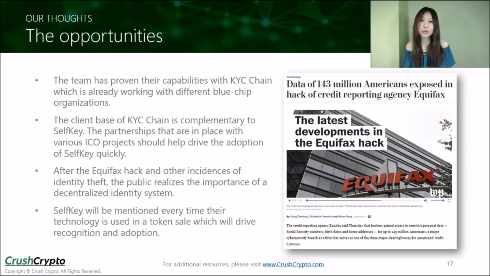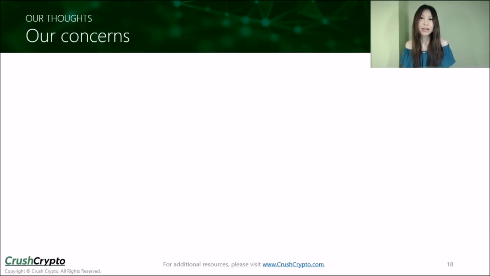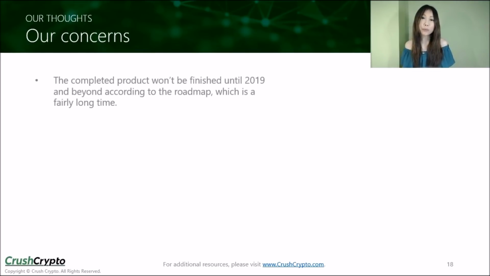Going forward, SelfKey will be mentioned every time their technology is used in a token sale or in other instances. In cryptocurrency, news flow is one of the main factors that drives valuation, as the space is still very speculative. This means that there could be a continuous flow of catalysts that may help prop up the token price. And here are some of our concerns. First of all, the completed product won't be finished until 2019 or later, according to the current roadmap, which is